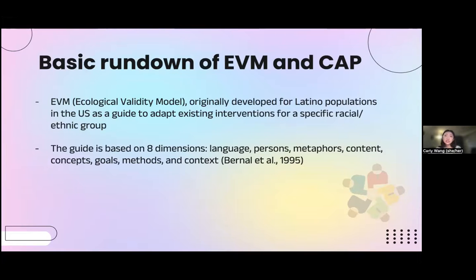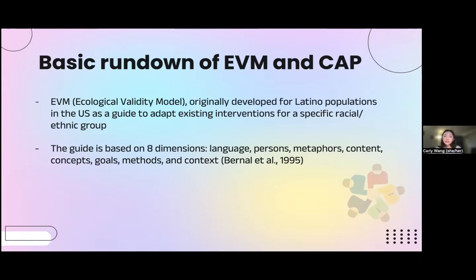So this guide is to just help ensure that you consider different dimensions when it comes to cultural adaptations, which in this case includes language, which is what we were trying to cover, persons, metaphors within the language, content, concepts,